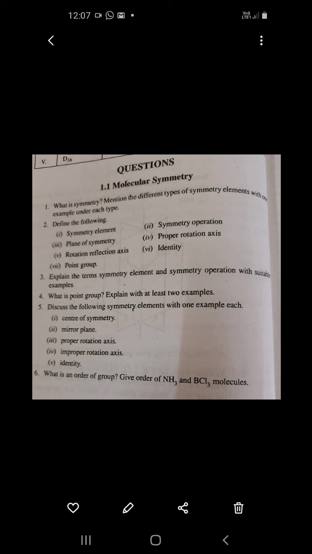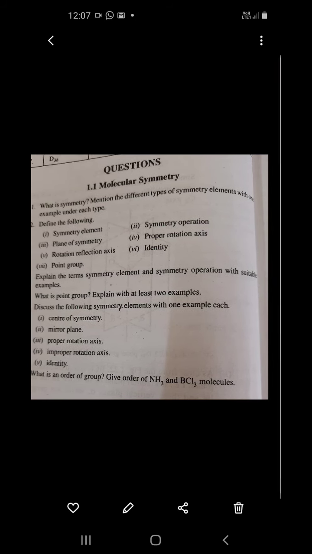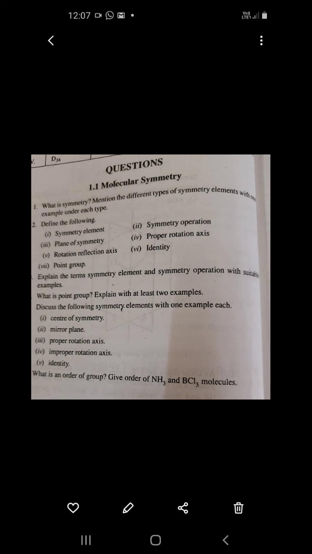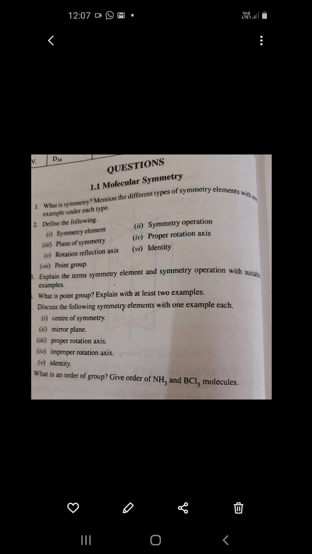But in D type of point group you require some special case, like there should be a CN axis, there should be a presence of perpendicular C2 and sigma H plane, only then there will be a D type of point groups. So we have seen 6 different point groups, like C infinity V, D infinity H, C infinity H. Likewise we have so many point groups.